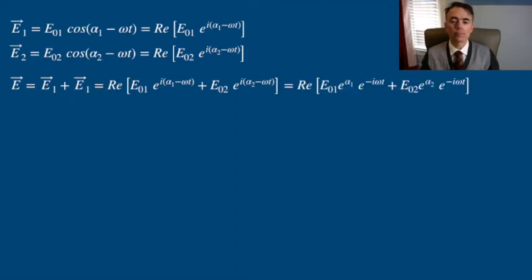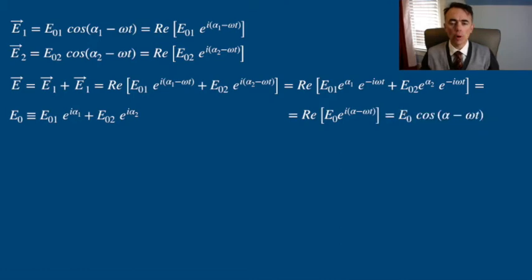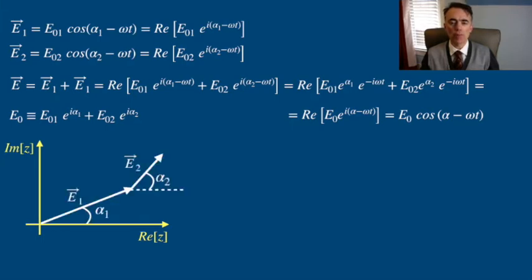Or we can rearrange. So the net wave is the real part of E0 e to the i (alpha minus omega t), which is E0 times the cosine of (alpha minus omega t). The amplitude of the resultant wave can be extracted from the 2D representation of polar notation. Using Pythagoras,